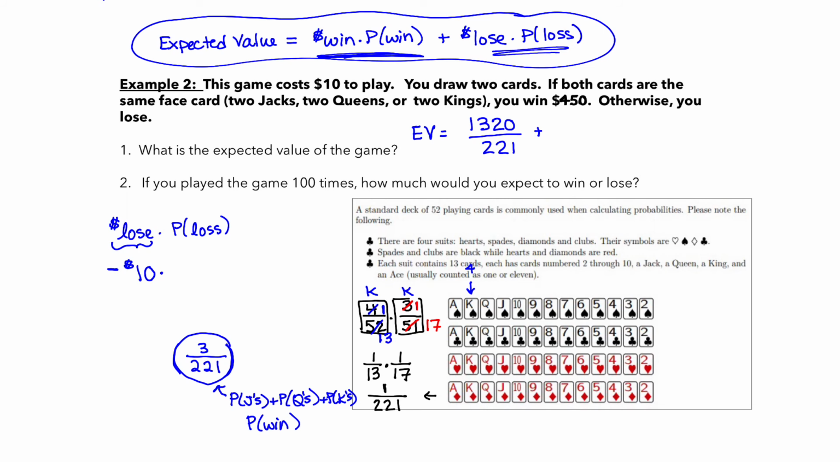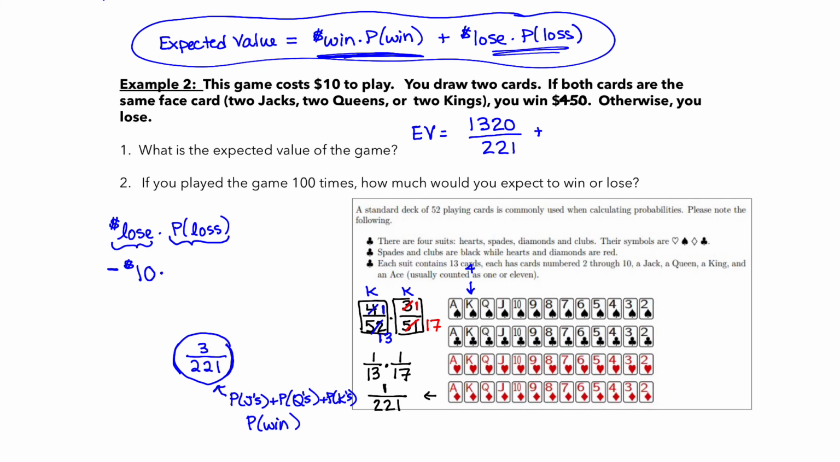Well, I lose if I don't draw 2 of the same face card. So if I drew a jack and a queen, or an ace and a king, or a 7 and a 6, or 2 2s, or a 5 and a 4, or all different kinds of combinations and possibilities. In fact, there's just too many for me to even consider and count right now. So the way that I'm going to evaluate the probability of a loss